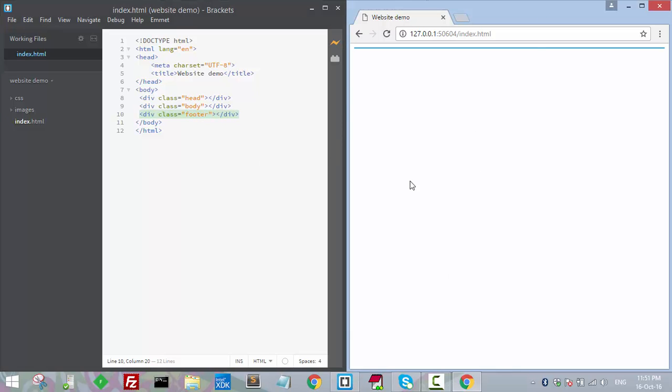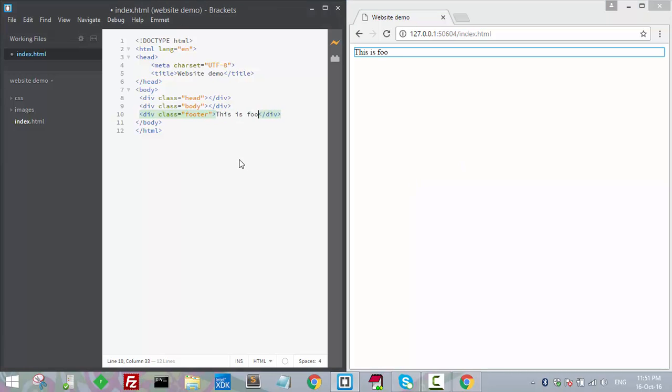Now you cannot see anything because no content is there. Let's add some content. This is footer, this is body, this is head. Now guys, notice one thing: if you visit any website, suppose I click on any website,